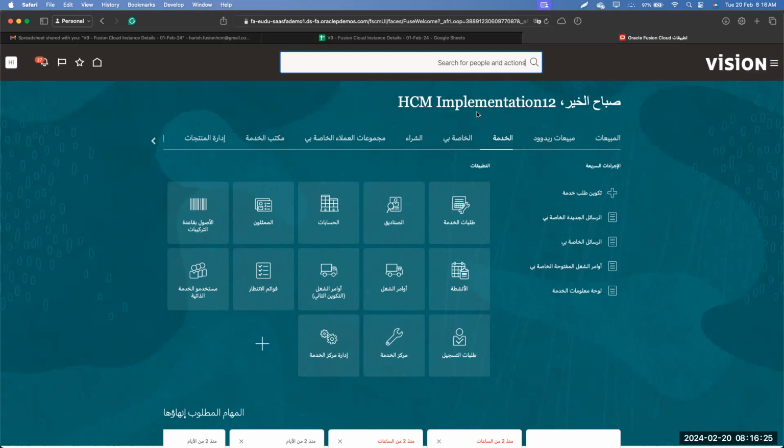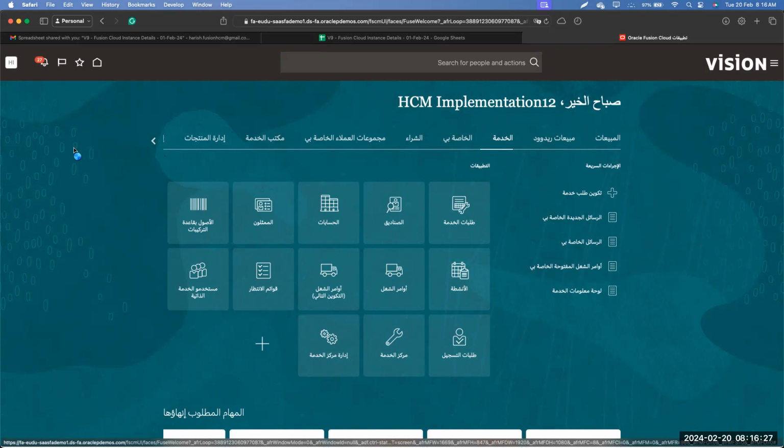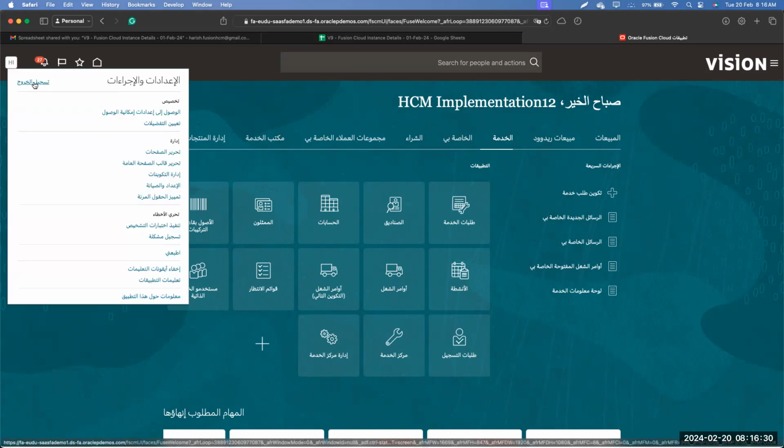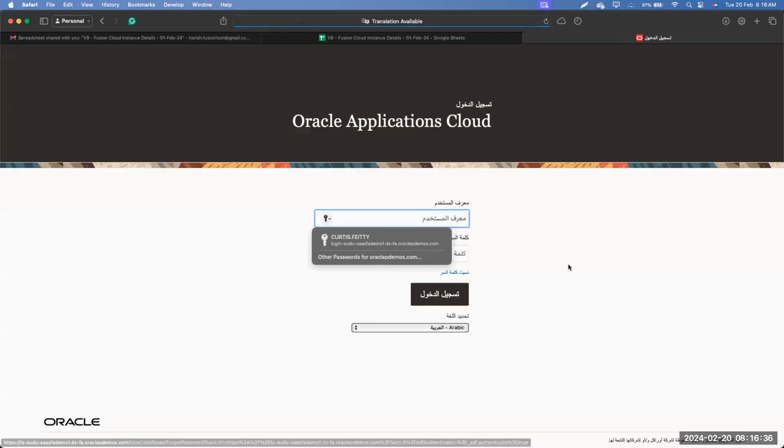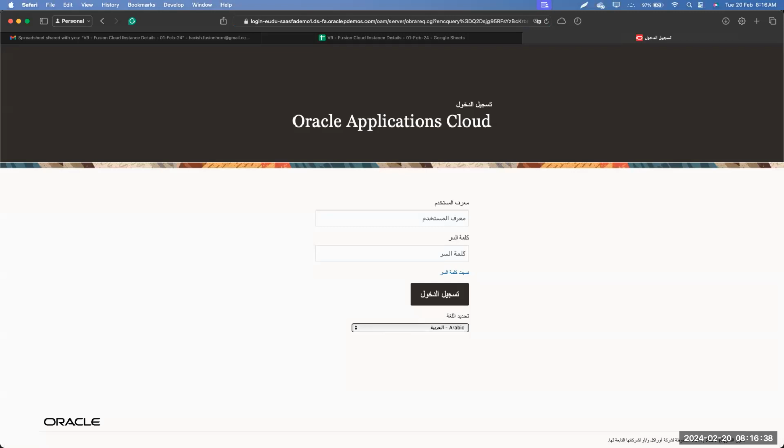We can see all the contents have automatically changed. So now let me just sign in. And the same behavior you will see in all the other languages as well.